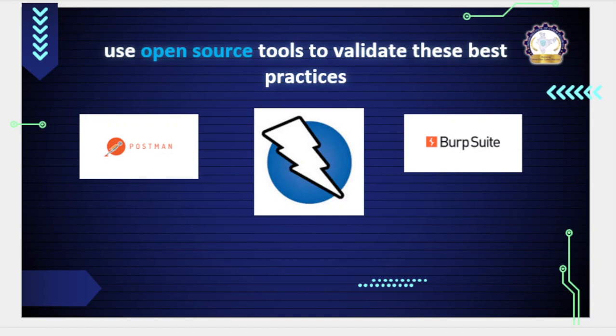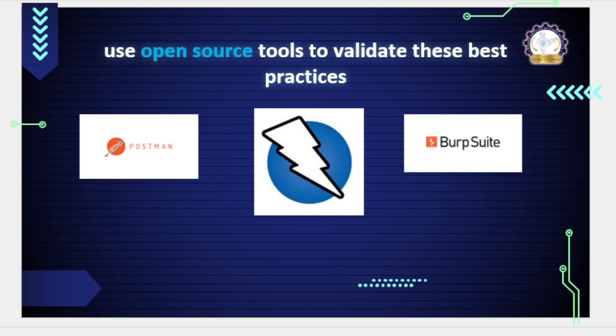So now we will see how to implement these best practices in API security testing, and what open source tools we can use to validate these best practices. First of all, API security testing is essential for ensuring that the APIs are secure against attacks and vulnerabilities. So here are some best practices for API security testing and some open source tools that can be used to